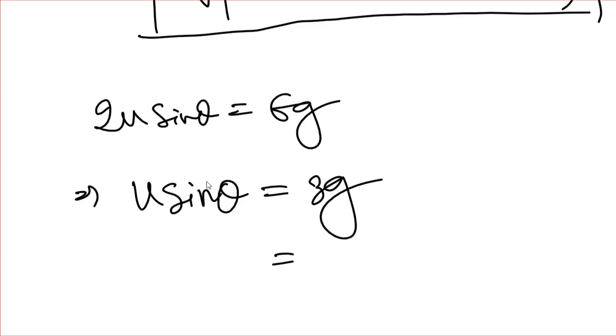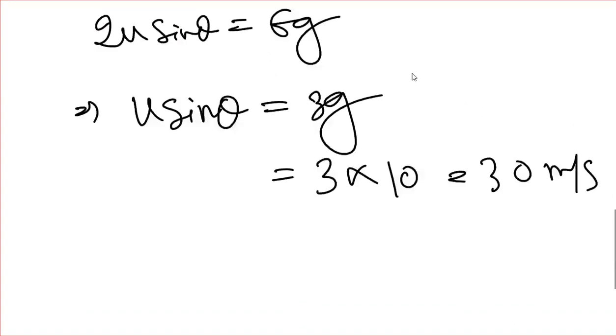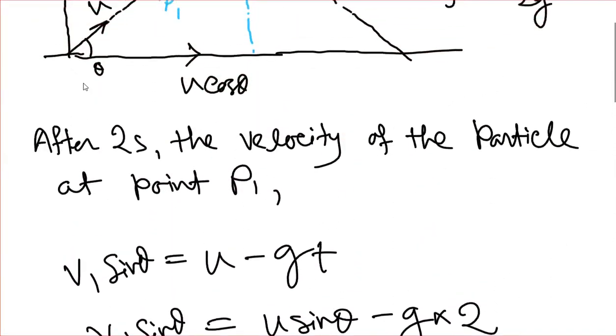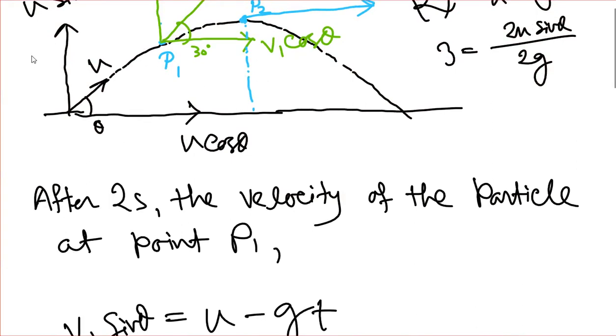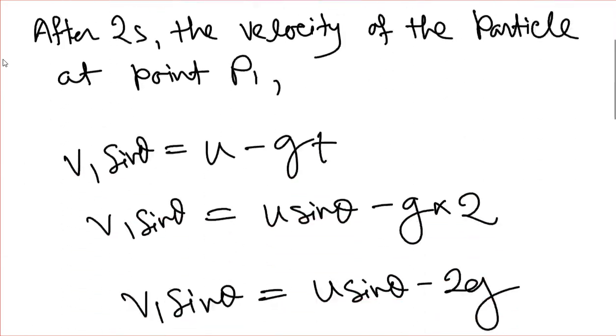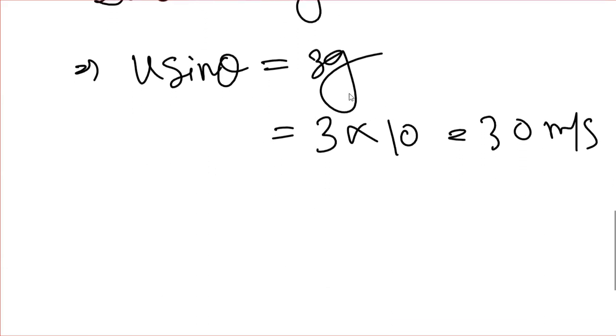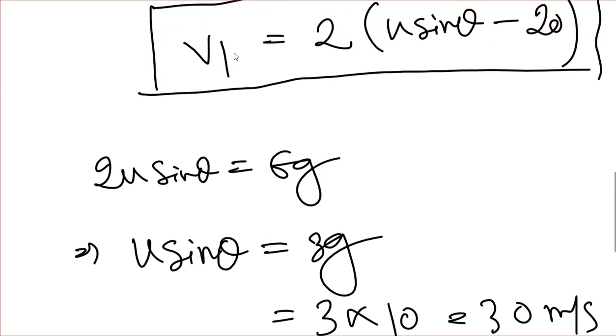So it will be come out 3 into 10, so will be 30. Okay, so u sin theta, the value of u sin theta, what will be 30 मीटर पर सेकेंड. सो जो इनिशियल वेलोसिटी था u से थ्रो किया गया होगा, उसका जो वर्टिकल कंपोनेंट, उसका वैल्यू होगा 30. ओके, इट वैल्यू विल बी 30. ओके, सो अगर हम लोग u sin थीटा का वैल्यू 30 इधर पुट करते हैं, सो इट विल बी